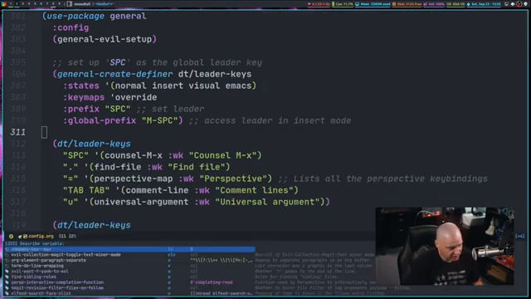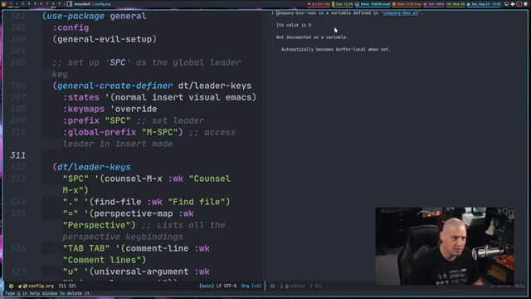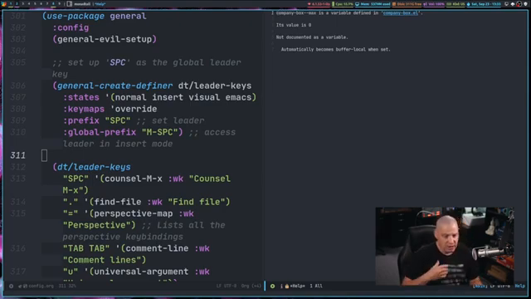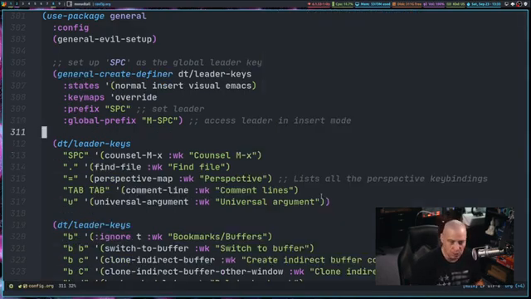Let me do space HV, and once again, I'll take a look at the documentation for a particular variable. Let's imagine this buffer didn't work with my evil related key bindings. Well, there is a standard key binding to get out of any kind of documentation or help related information, and that is simply typing Q on the keyboard. Q for quit. A single Q will actually get you out of that buffer, and it will actually close the